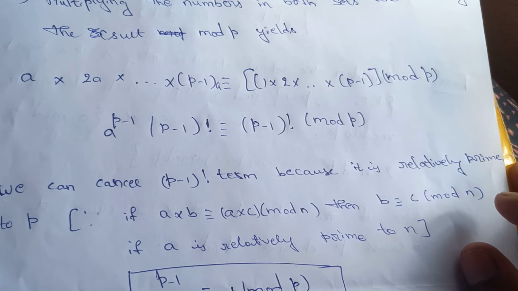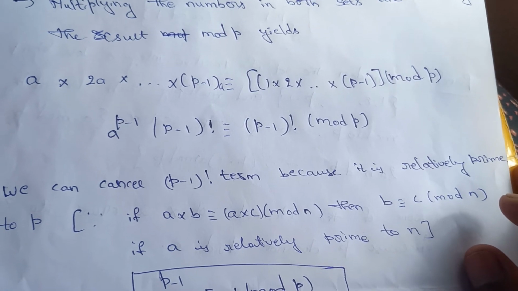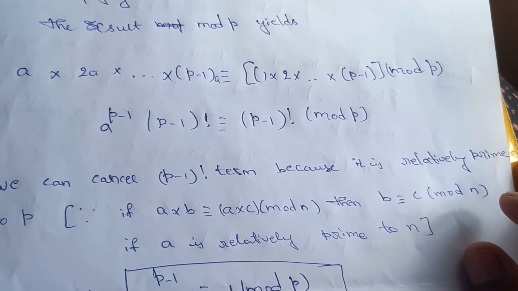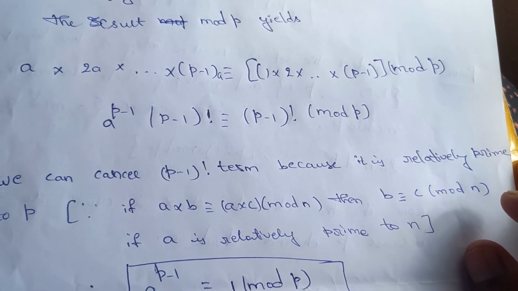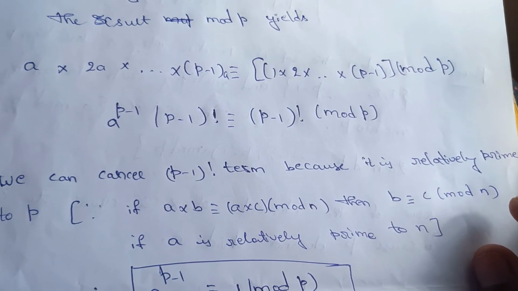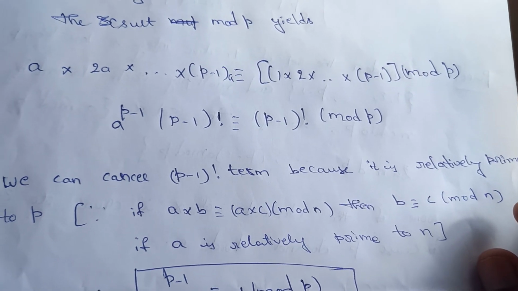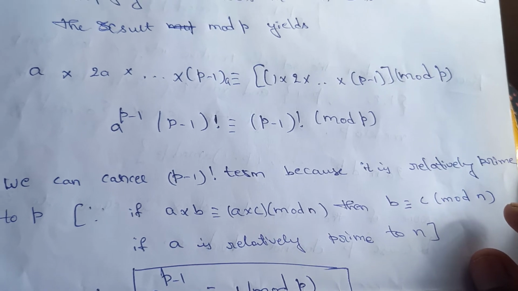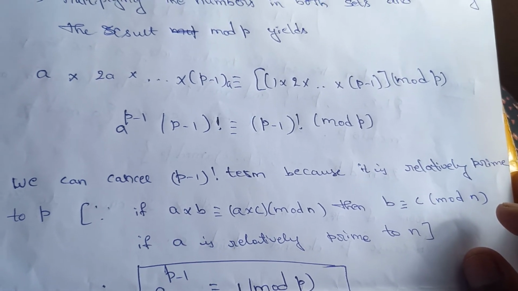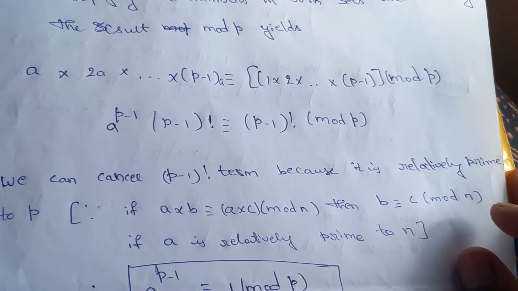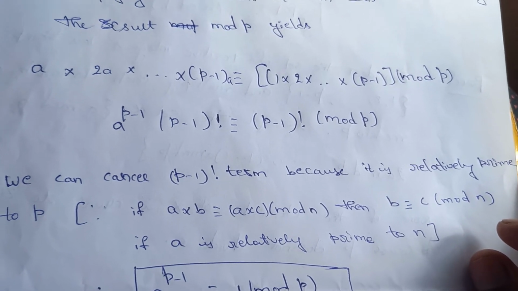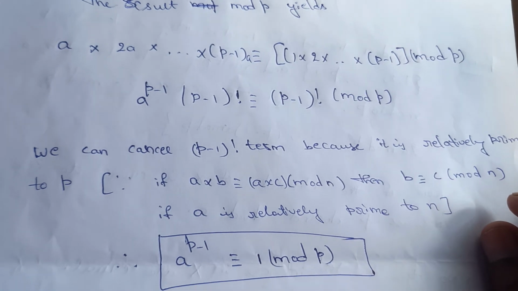How are we writing p minus 1 factorial? 1 times 2 times 3 and so on up to p minus 1. That means we can simplify it as a to the power p minus 1 times p minus 1 factorial. Now we need to cancel p minus 1 factorial on both sides if it is relatively prime to p. Here is the statement that